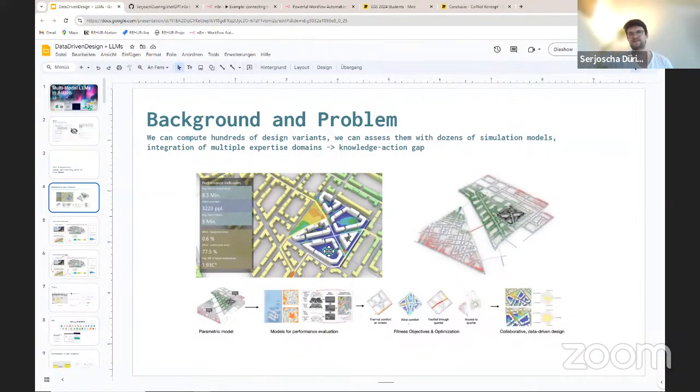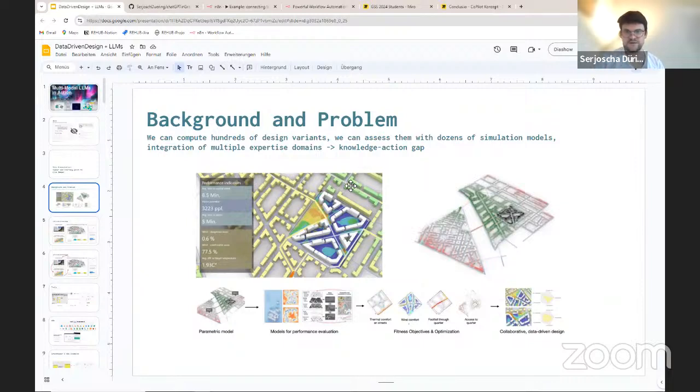And imagine having dozens of those to navigate through at the same time. And that in urban planning, I think, is super important, right? Because traffic and microclimate and social aspects all affect each other and are moderated through the spatial layout and design. So from there, we would say that even though we can do all the simulation assessments and variations, we have a knowledge action gap. We have the information, but acting on it is quite tricky.